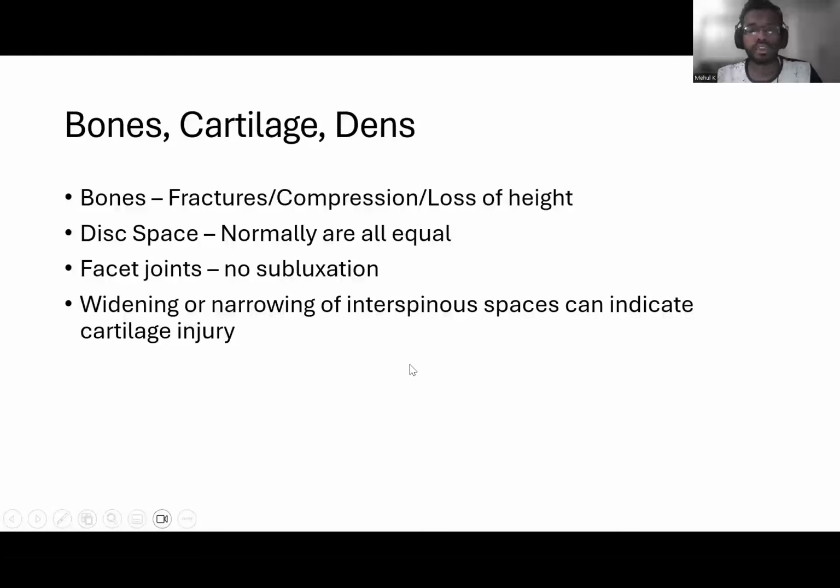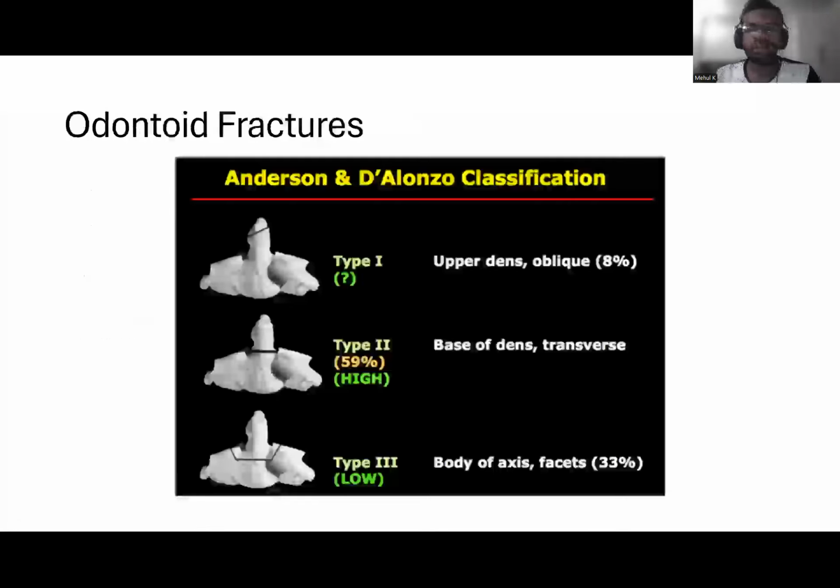Facet joints are very difficult to examine on X-rays, much better done on CT scans. And any widening or narrowing of the interspinal spaces, so that is also important. So coming to the other